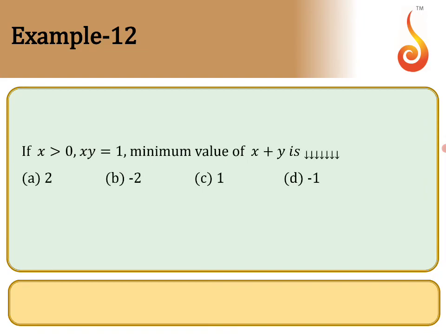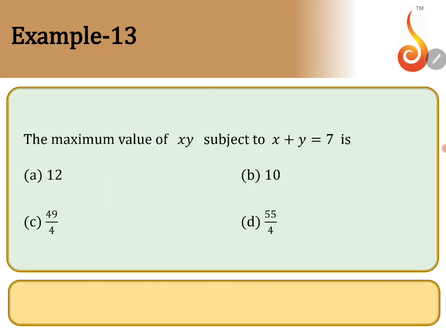The minimum value of x plus y is what, when xy equal to 1? This I can do by using shortcut technique. See here, when x is greater than 0, so therefore x is equal to 1. Substitute in the condition here, then y is also what? 1. 1 ones are 1. So therefore minimum is 1 only. So therefore x plus y, that means 1 plus 1, nothing but 2. So therefore the minimum value is nothing but 2.